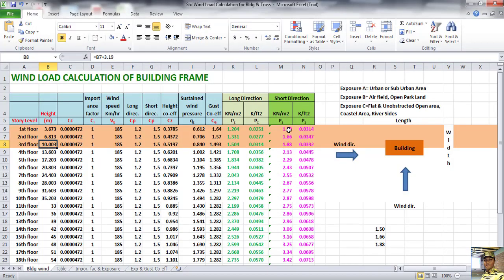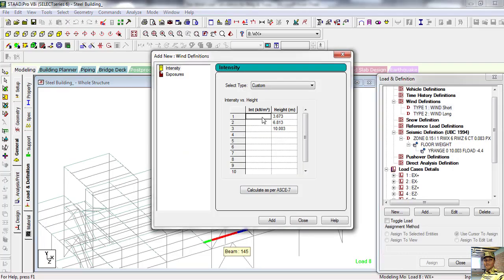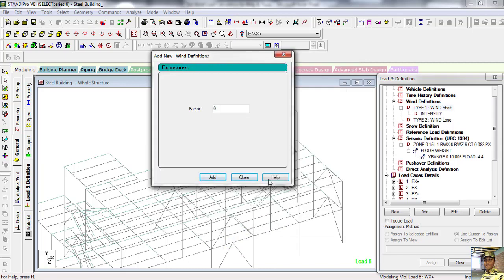Our short direction values are 1.50, 1.66, 1.88. So 1.50, 1.66, 1.88. Add, that is factor 1.